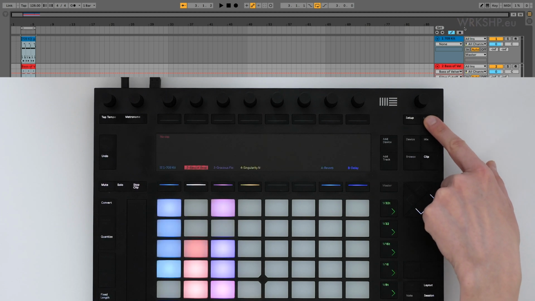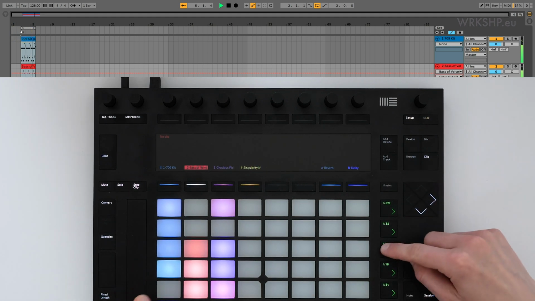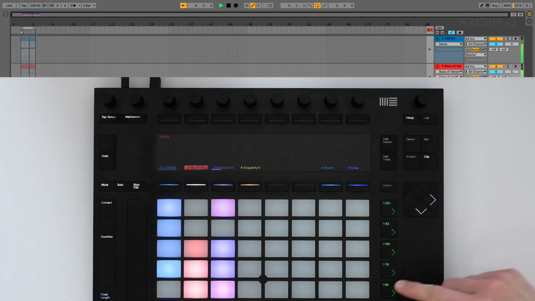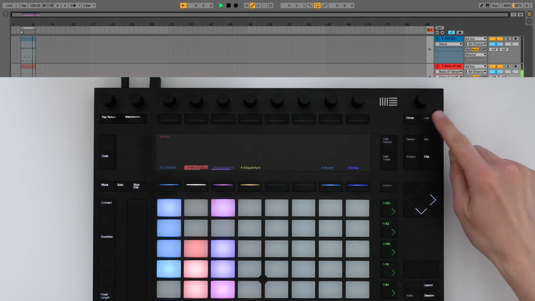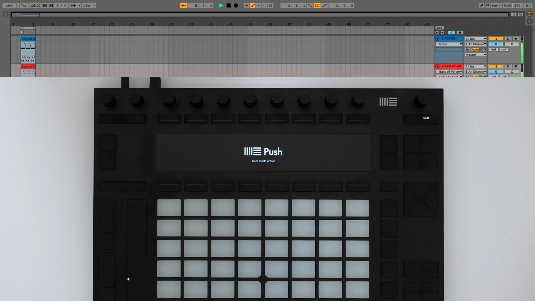come out of user mode, and let's make this so that we can actually see it become visible. So I'm going to play this section here and then launch some clips. Well, let's launch some different ones so we hear something different, okay? And now on Push, I can press user and then press that button and it'll activate the Back to Arrangement button. So you can see we're back to the arrangement.